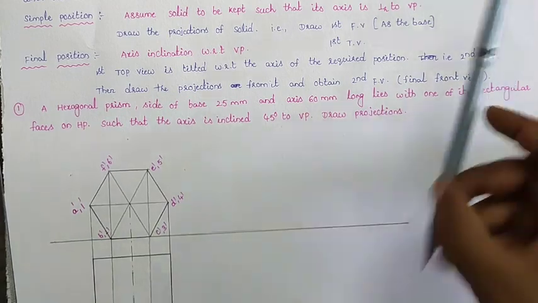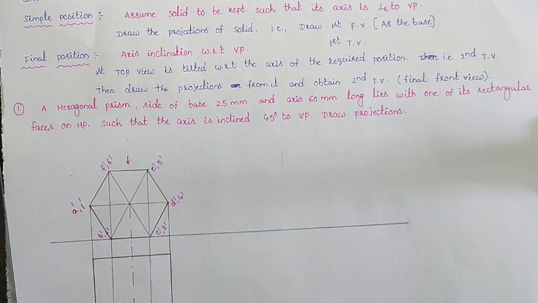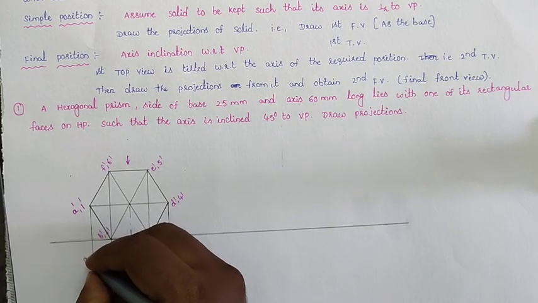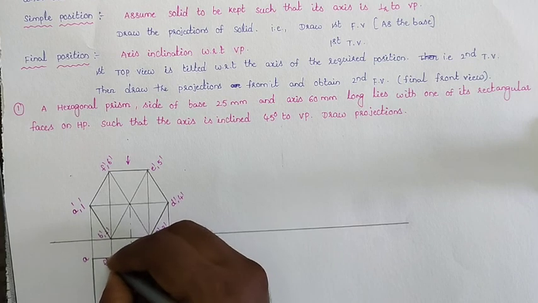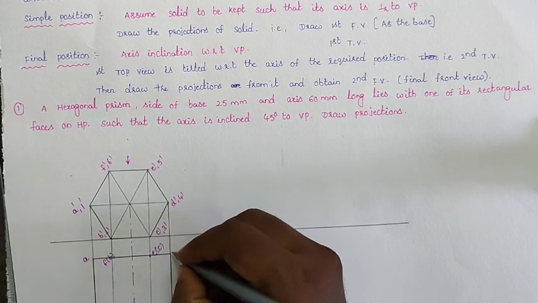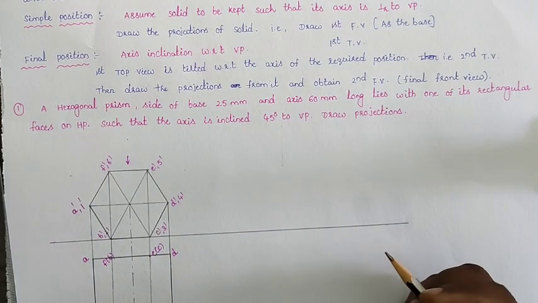After drawing the top view, this is the direction of the top view. Here you will get A, and here you will get F comma B, and this point here you will get E comma C, and here you will get the point D. 1 here, 6 comma 2, and here you will get 5 comma 3 points, and again here you will get the fourth point. So this is our front view and top view of our diagram.